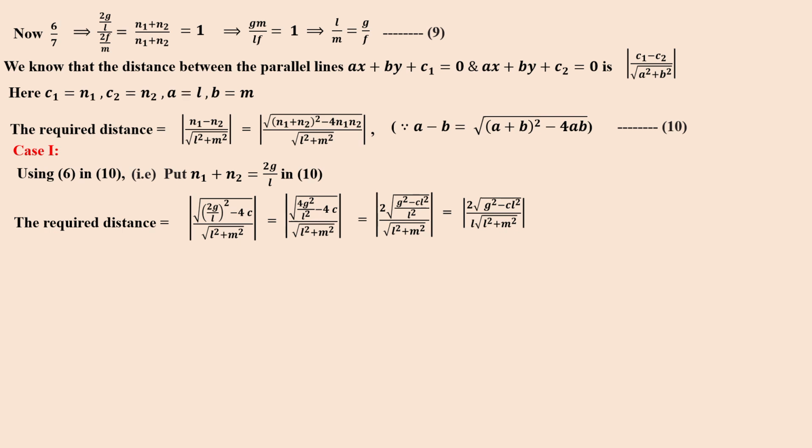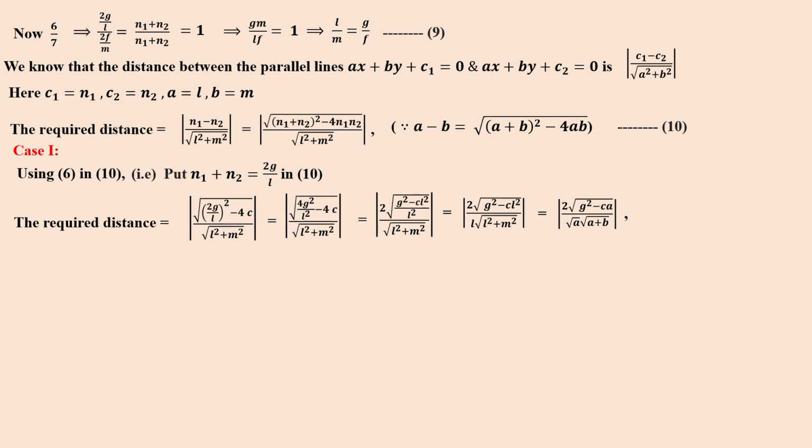So that is equal to 2 root of g square minus c L square by L, right? We are taking 1 by L square outside the square root. Square root of 1 by L square is 1 by L. So 2 divided by L, root of g square minus c L square, by root of L square plus m square,